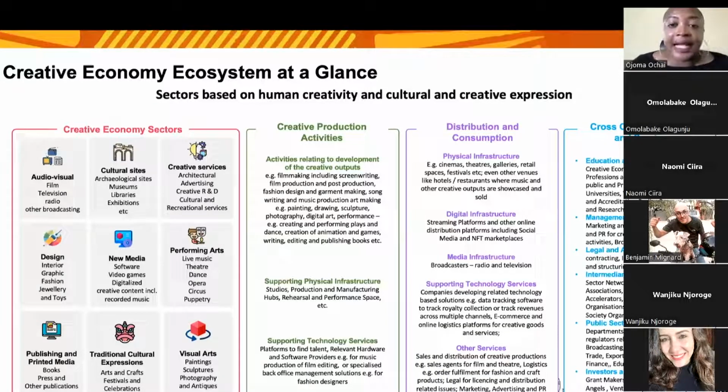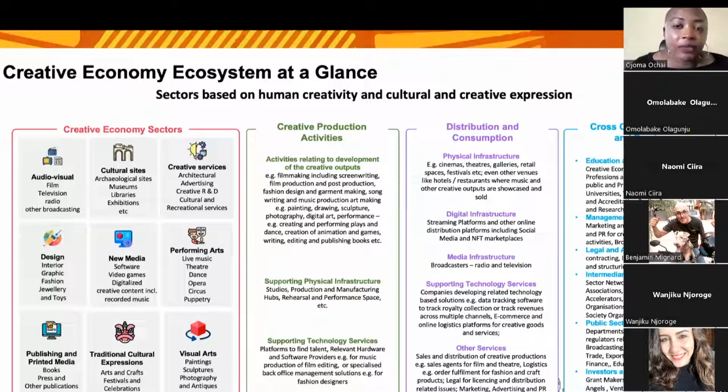And there are different activities and infrastructure that's required here. So for physical infrastructure, there are things like retail outlets for fashion. There are festivals or fashion shows where you can showcase your work, where you can sell your work. There are different physical marketplaces like pop-up stores and so on, where you can go and sell your work.